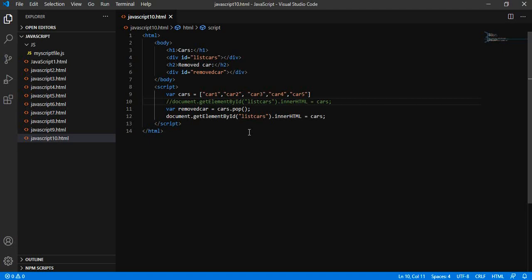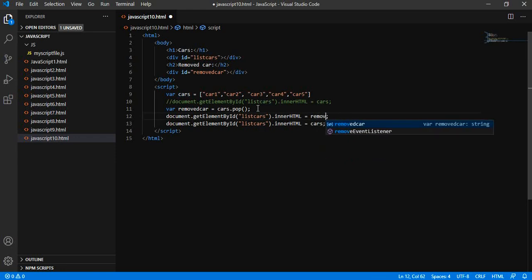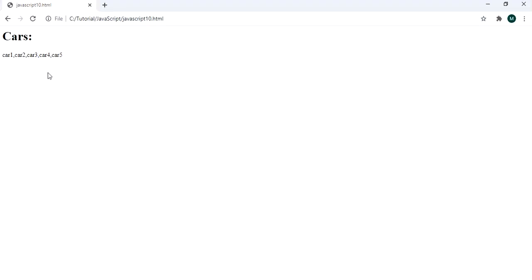Let us see what we have achieved. So the removed car is car 5 and the available cars are car 1, car 2, car 3, car 4.